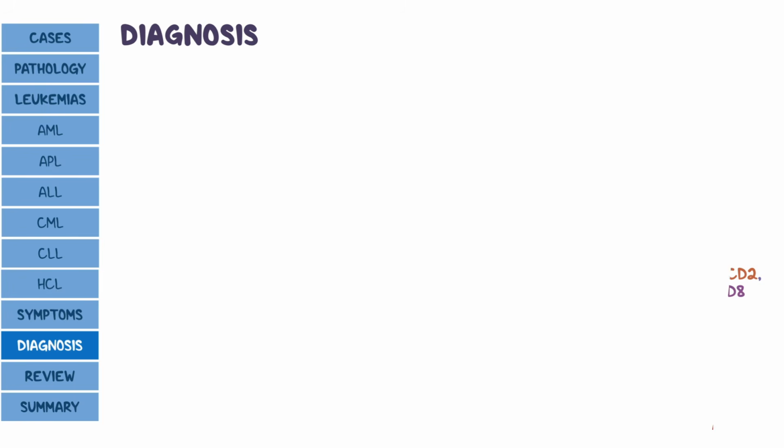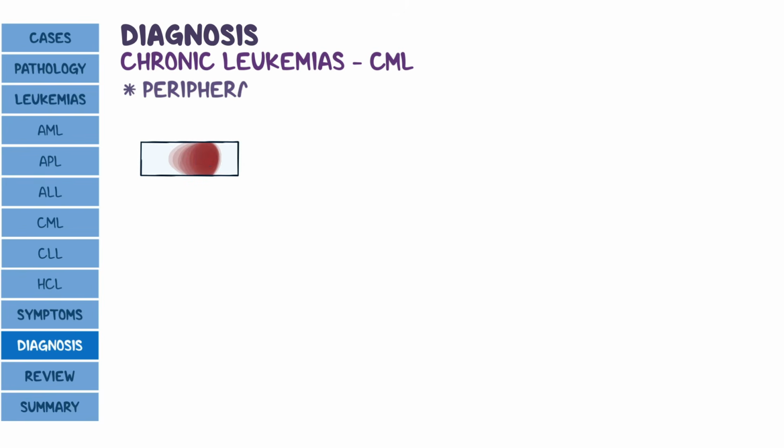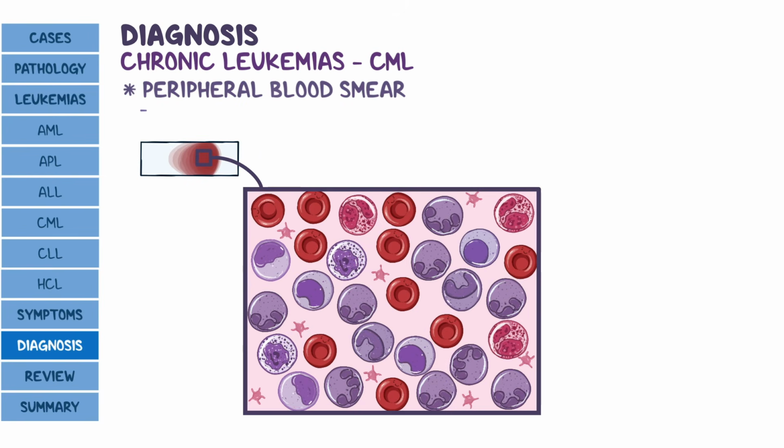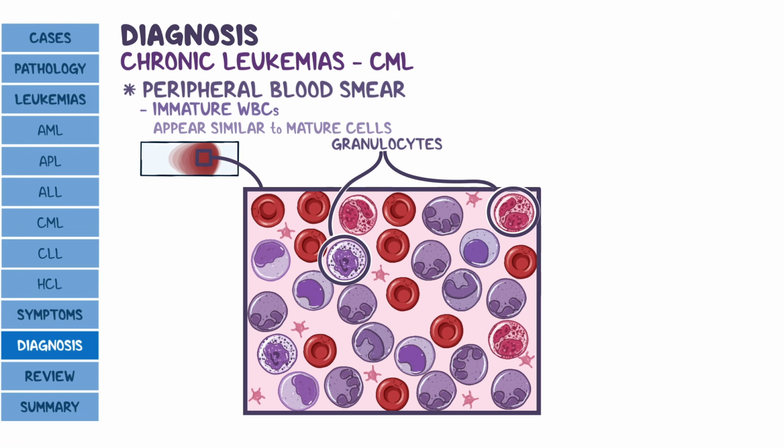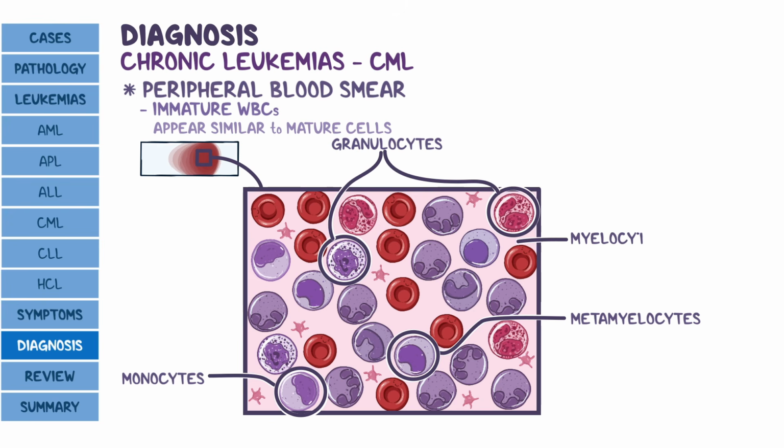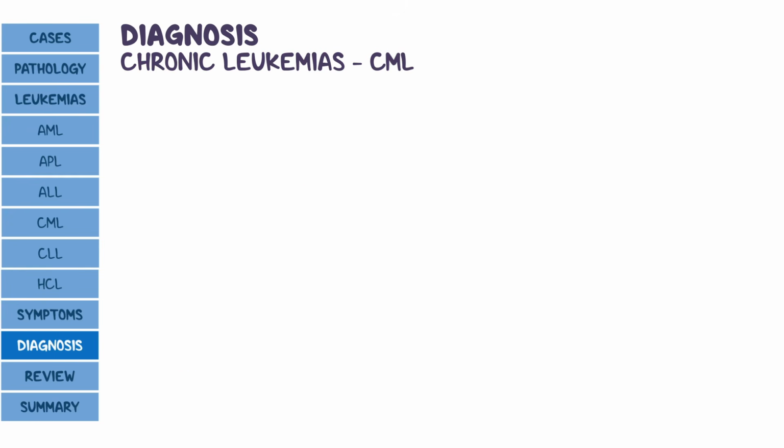Okay, moving on to the diagnosis of chronic leukemias, specifically CML. It also starts with a blood smear that shows a lot of immature white blood cells that might appear similar to mature cells. In CML, there is an increased number of granulocytes, monocytes, and immature forms of myeloid cells like metamyelocytes and myelocytes. Now, the test might try to confuse you by having leukemoid reaction as an answer choice, and